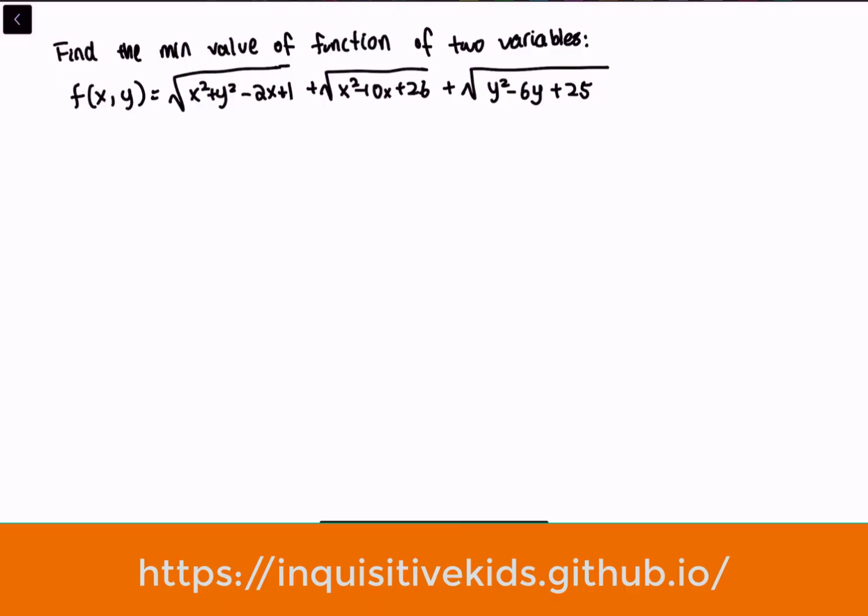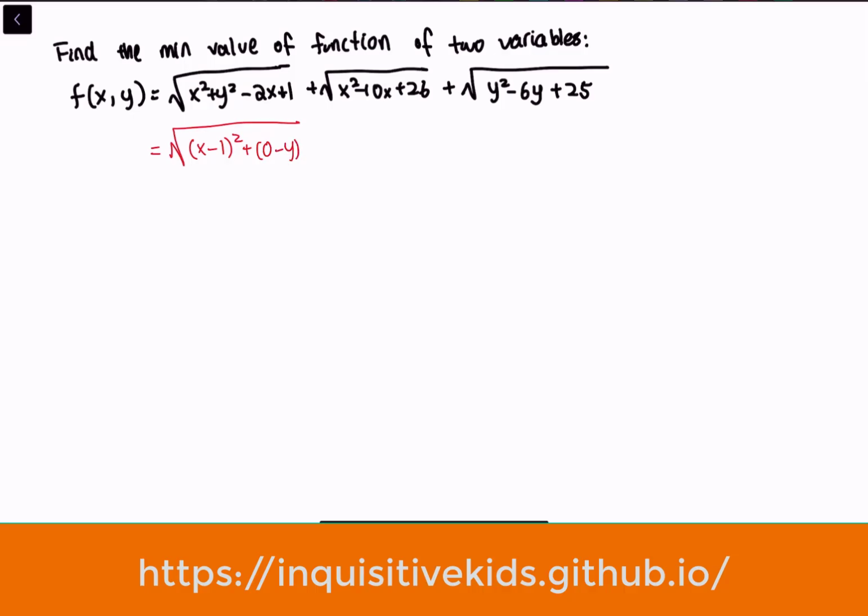Here's our last problem. We're going to try to find the minimum value of this function, and this function is a function of two variables. So this is very similar to the previous problem. We're going to try to turn this into a geometric problem, what we know as the distance formula between 2 points. So let's factor. The first radical symbol is equal to the square root of (x minus 1) squared plus